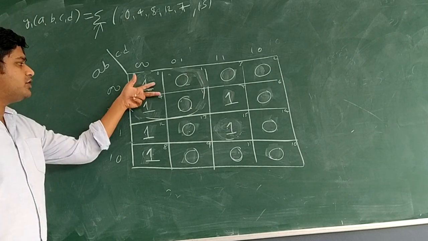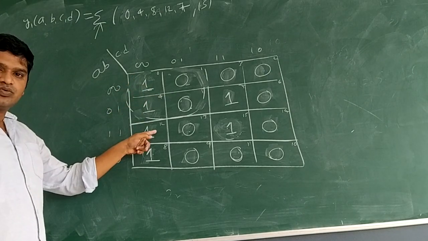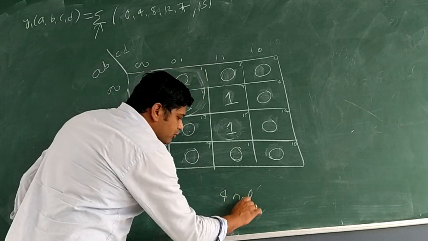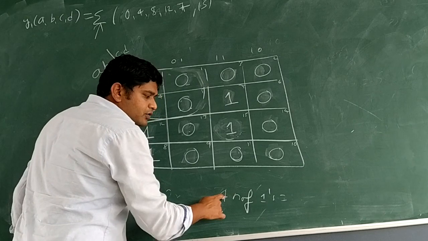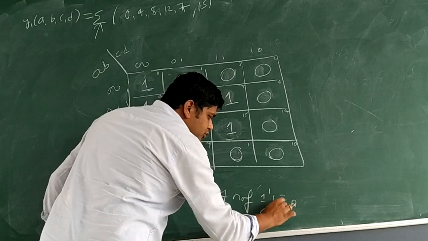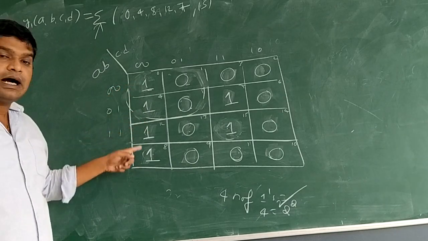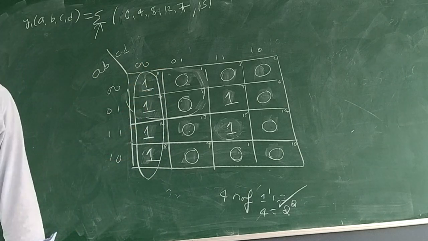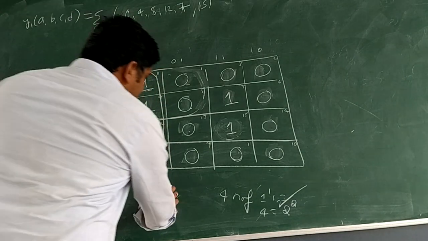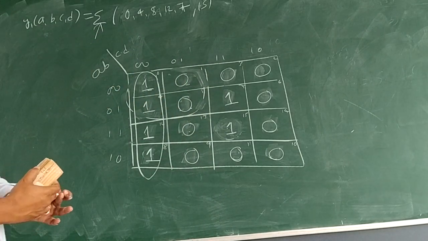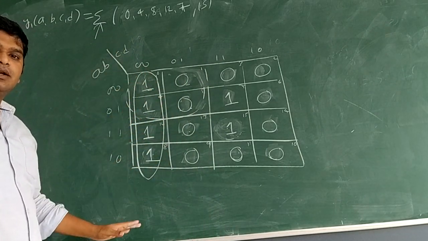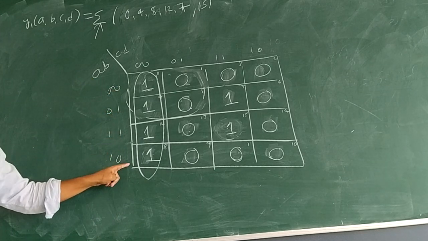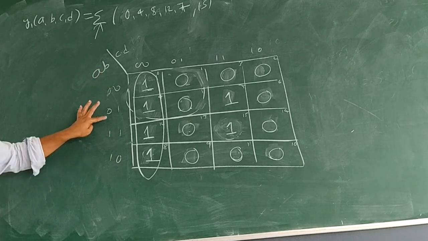See now, 0 adjacent with 4, 4 adjacent to 12, 12 adjacent to 8. So, there are 4 ones. 4 is equal to 2 raised to 2, and also they are adjacent. Hence, we can apply the power of this much. See now, what is the nature of this cover? The nature of this cover is, it is purely vertical. How many rows are there? 4 rows. 0, 0, 0, 1, 1, 1, 1, 0. So this is 0, this one, this is 0, this one.